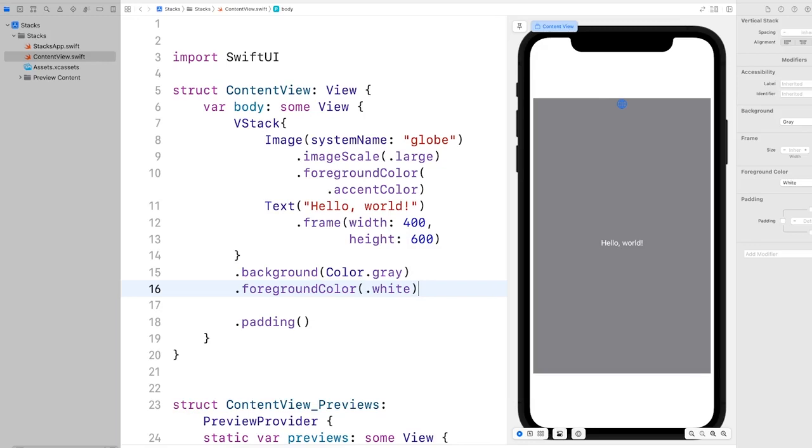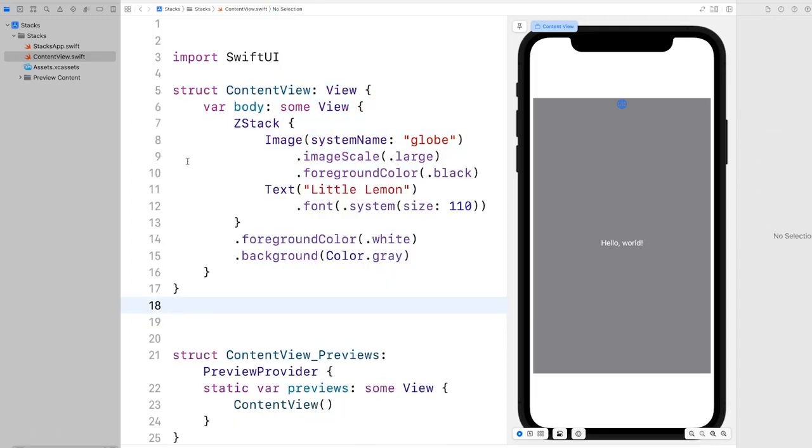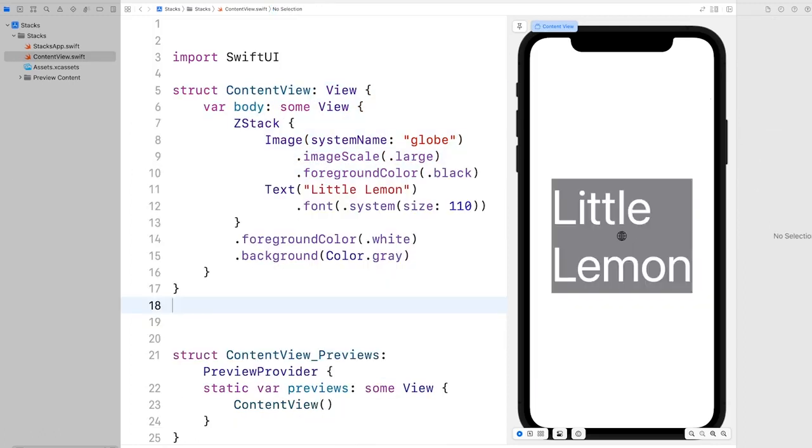Stacks have other configurations like alignment and spacing. Let's remove the frame modifier applied to the text for now in order to observe the effects of these configurations. The alignment and spacing stack properties tell SwiftUI to align the elements to the left and give them a spacing of 30 points. In addition to the VStack and HStack, there is the ZStack, which can be used to pack